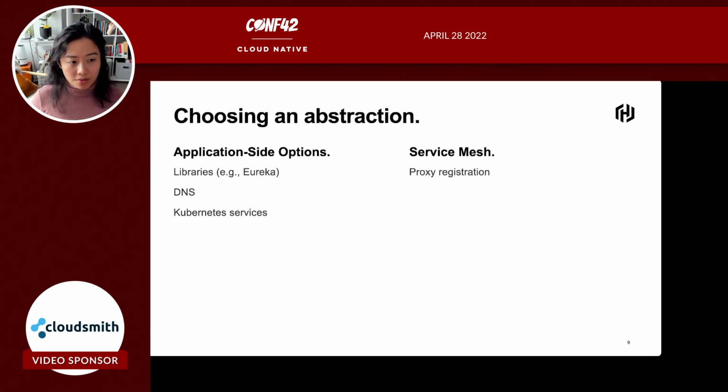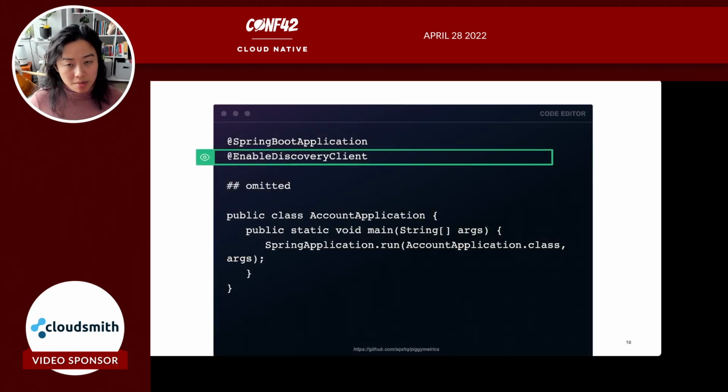In the case of service discovery, remember there's 2 sets of abstractions, the application options as well as the service mesh. Application side options typically involve libraries like Eureka if you're in the Spring ecosystem, DNS, or Kubernetes services if you're on Kubernetes. A service mesh does this all with proxy registration. So in the application code case, in a programming language that allows you to do this, you can do it something as easily as adding an annotation in your application. So this is Spring, and in this case, I'm enabling Discovery Client,